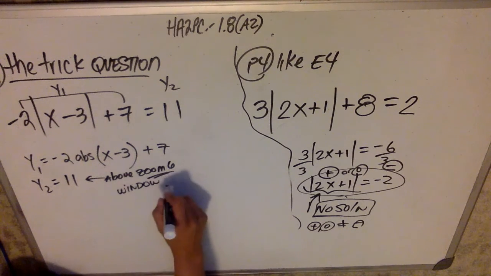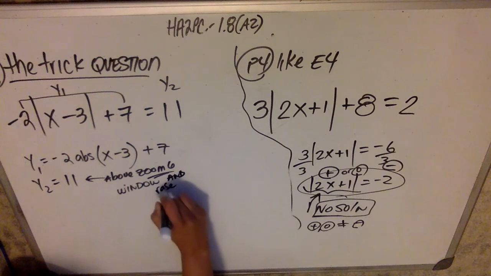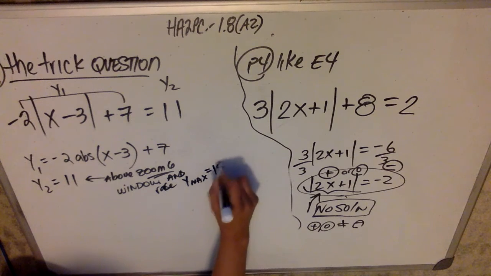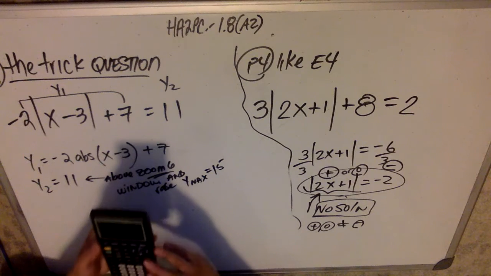So you're going to have to press window, and you're going to have to raise your y max. Sorry, that's not how you spell raise. You're going to have to raise your y max to something like, I'd probably pick 15, so that you can definitely see 11. So if we go ahead and put this in my calculator,